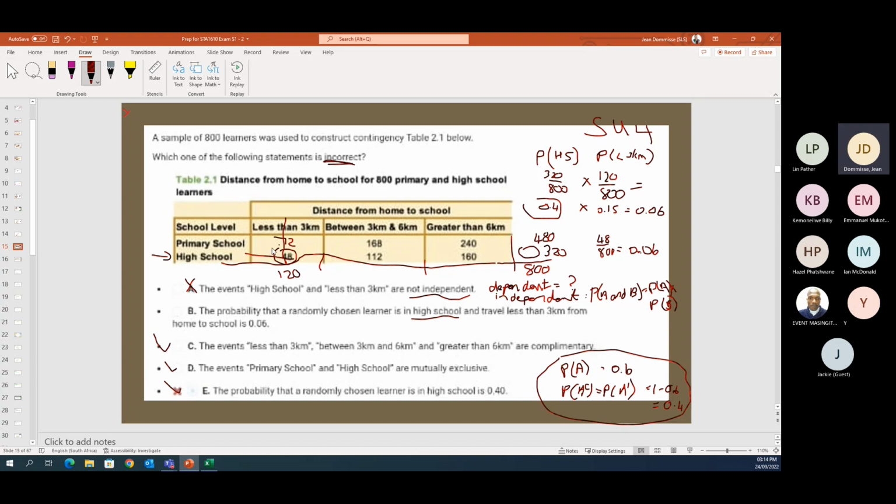And travel less than 3 kilometers. So it's basically that one that we have calculated, which was the 0.06. So it was the 48, because it's a probability that the randomly chosen learner is high school and travels less is 48. And we divide it by the total 800, which was what we calculated there. Okay, so this one was a lot of detail,